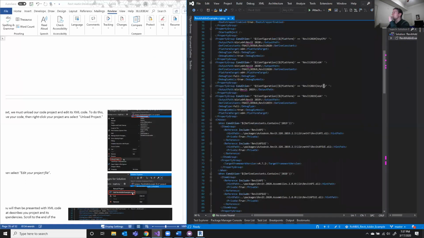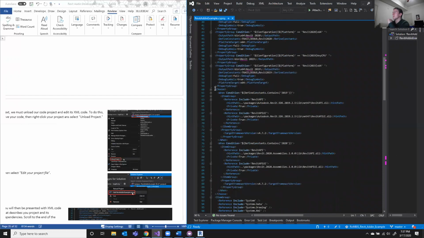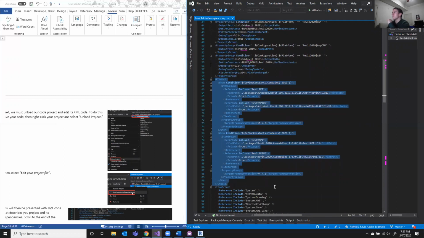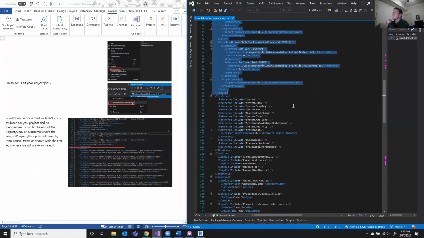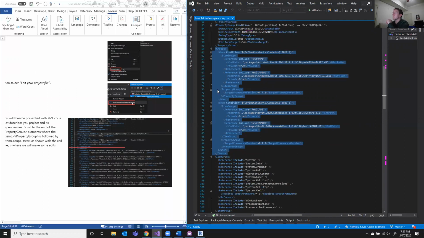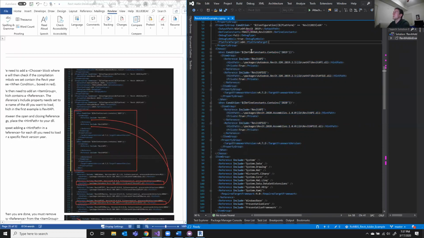And normally, you will not have this block that starts this choose block. It'll just be property group, your item group, and then under here will be listed all your references that you've got loaded into your project. So what you need to do is in between your property group and your item group, you need to insert this choose. And what it'll say is when your constants contains, for example, 2019, 2020,